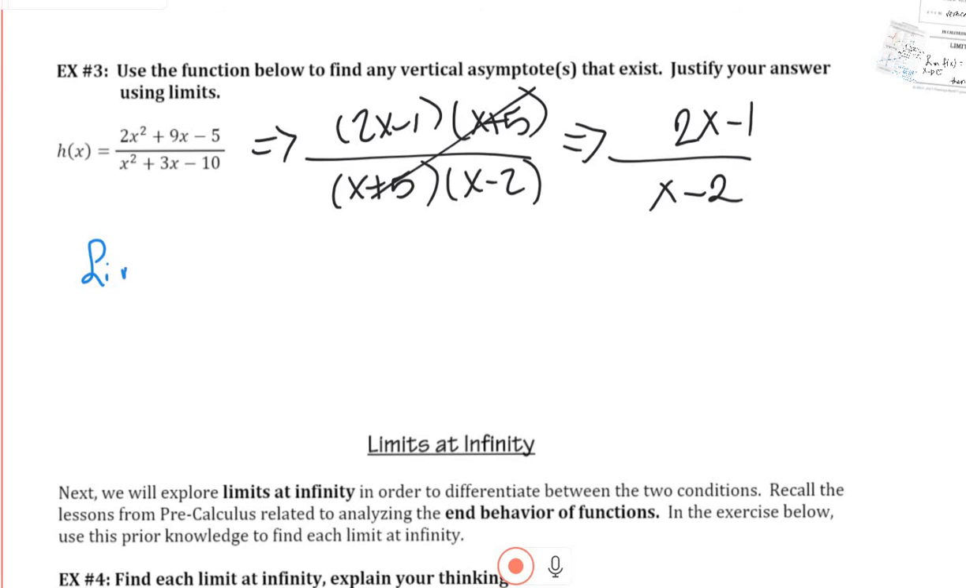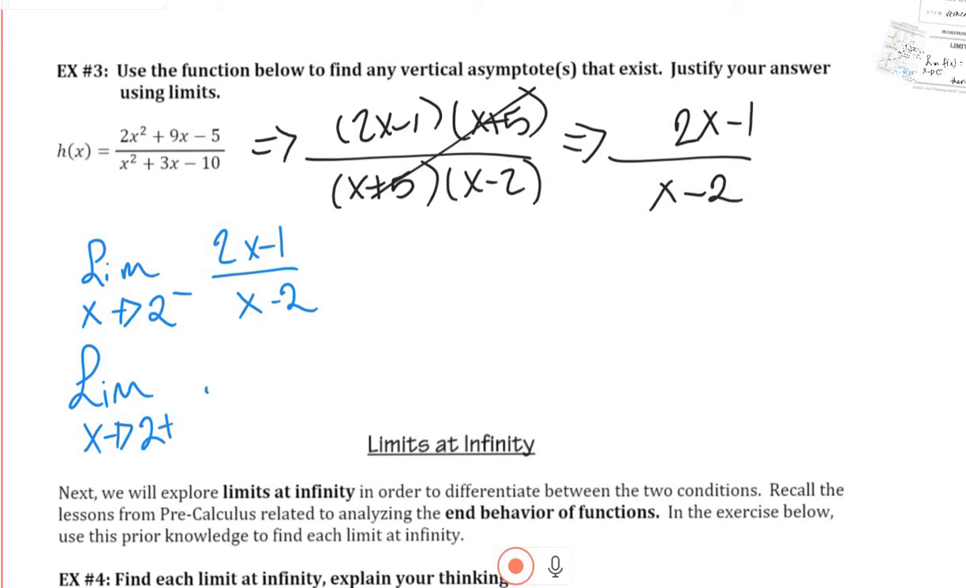So I'm going to check both sides. And guys, it's important, because everybody always remembers to check from one side, but we don't remember to check from the other. So I need to know what's happening as x approaches 2 from the left of 2x minus 1 over x minus 2, and then the limit as x approaches 2 from the right of 2x minus 1 over x minus 2. So think about it this way. If I make my little chart,